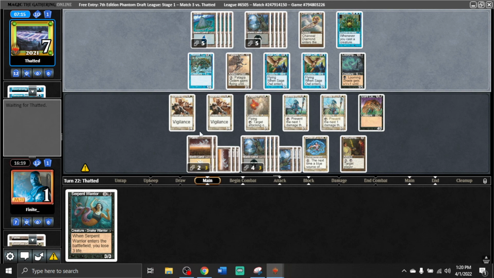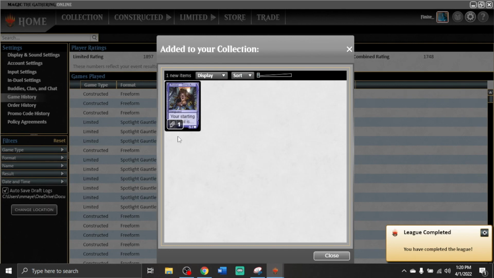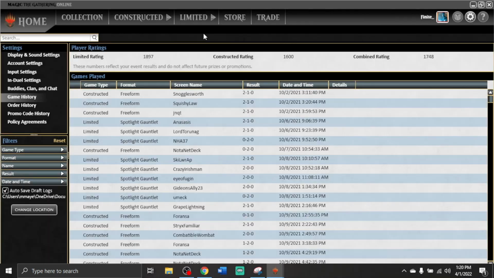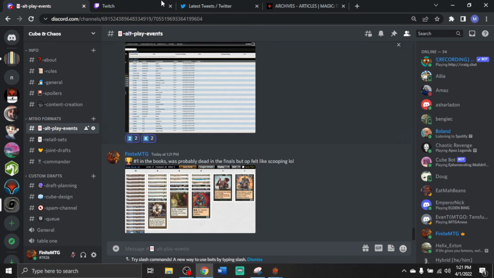Opponent concede here? Why did the opponent concede? Oh my god. All right, we got a Sarah avatar. Nice, that was a pretty good one. All right. Ooh,